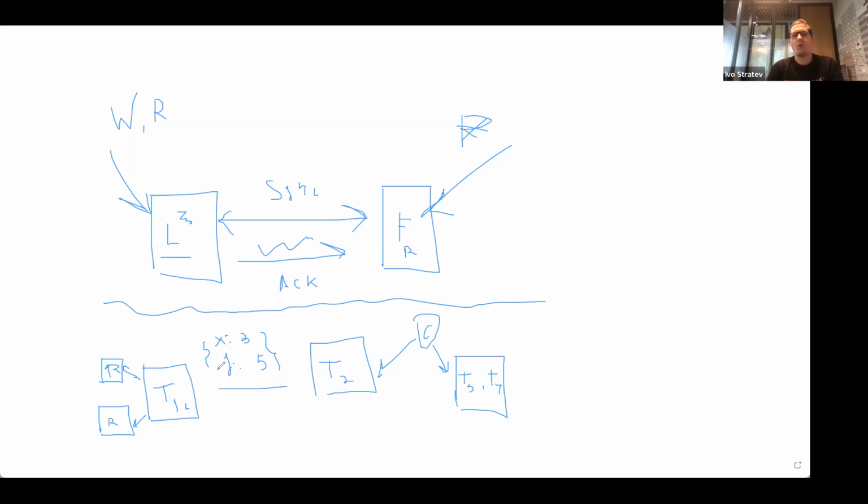But we need to have a way to replicate from the leader to the replicas, and usually this is achieved by using the transaction log, which is actually a separate thing from the write-ahead log, which you may have heard of. But usually what's happening in real database implementations is that the write-ahead log is actually the same as the transaction log because it's easier to implement. And let me describe what we mean by write-ahead log.